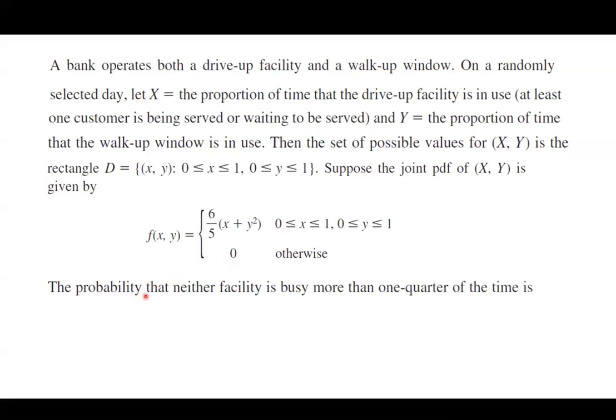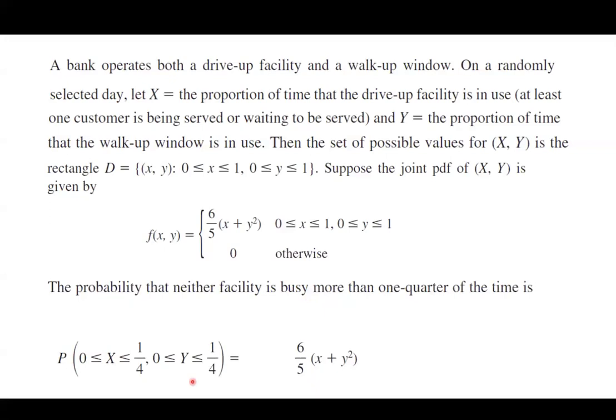The question says, find the probability that neither facility is busy more than 1/4 of the time. Well, since we have a joint probability distribution, and these are continuous random variables, we're going to use an iterated integral. So the probability that x is bounded between 0 and 1/4 and y is bounded between 0 and 1/4 is,